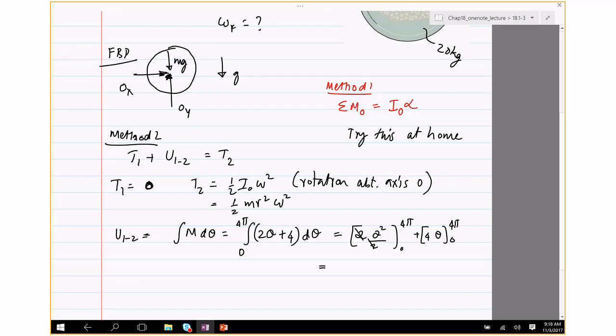Okay, so if you put the values 4 pi and 0, you integrate that, you get 208.18, and that is in the units of work done,